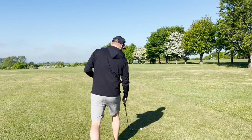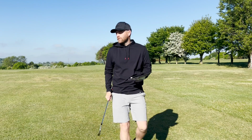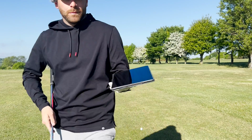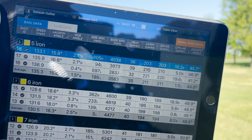Right, so the big question here, can we get over that gorse bush? And I'd be thinking yes. So this is a 5 iron. We're just short of the ridge here, which I don't really know. I would never hit 5 iron off here, but I'm going to put some numbers on here that I hit this morning. So we hit them in the net on the GCQuad with the same golf balls, and my 5 iron there,